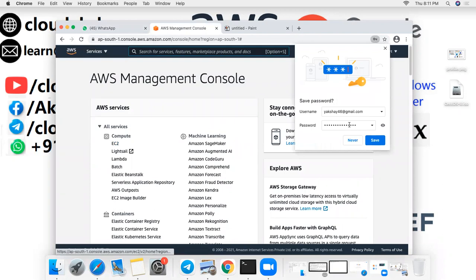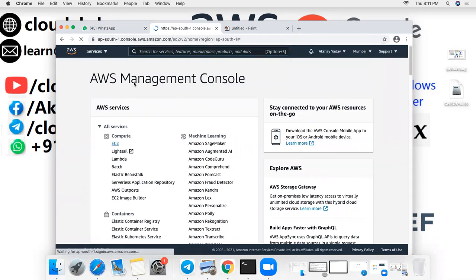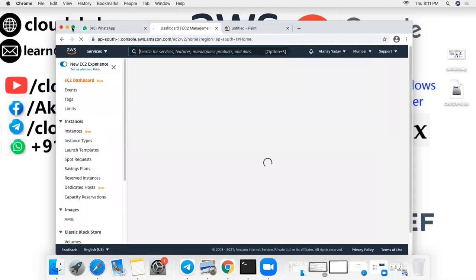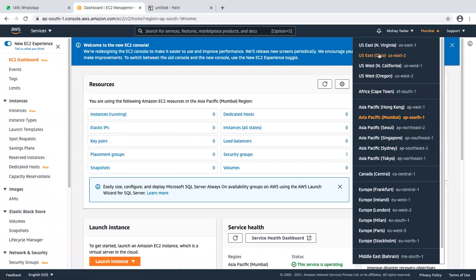Now I'm going into EC2, and in EC2 I create one machine in another region, like the Tokyo region.